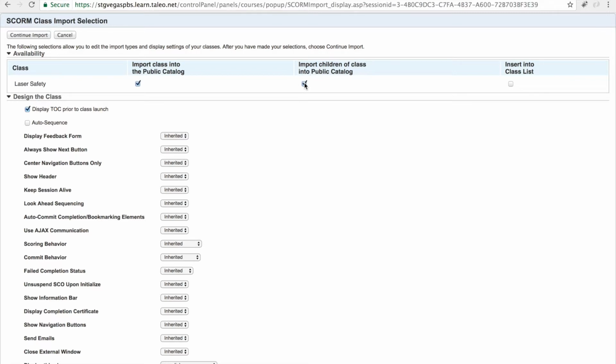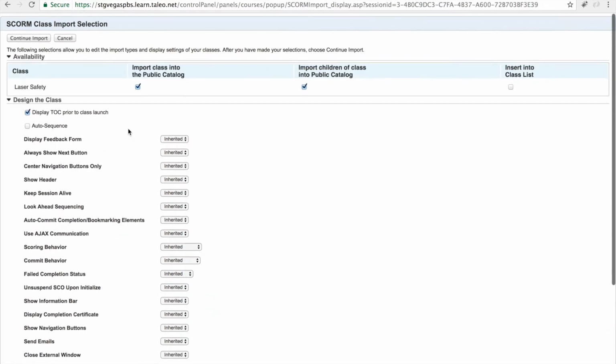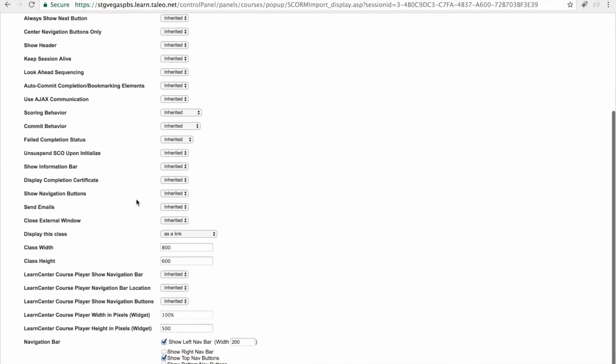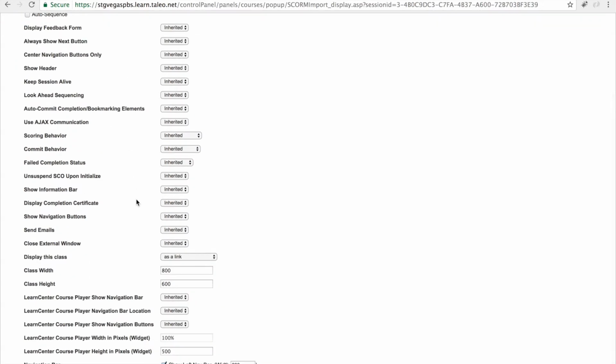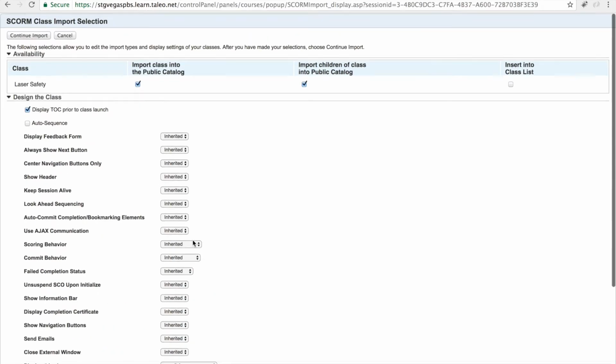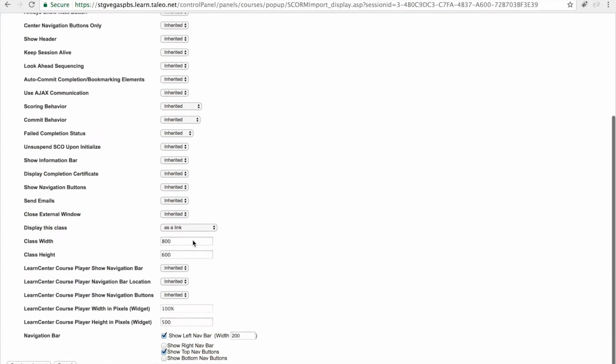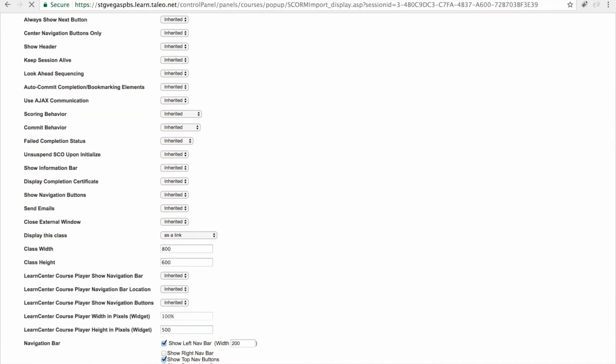So we'll select that checkbox, and notice that it also selected this one. And the reason that we want both of these selected is because that gives you optimal accessibility to that course. The rest of these options down here for designing the class, we're going to leave the defaults. But if you did have specifics about the course that you wanted to change, for example, you wanted to change the width and height for the view window of the course, this is the place where you would do it. So now that all of that's complete, we hit Continue Import again,